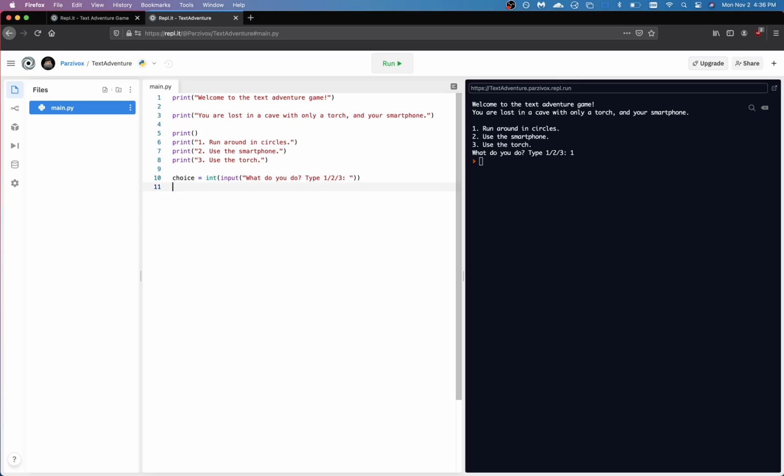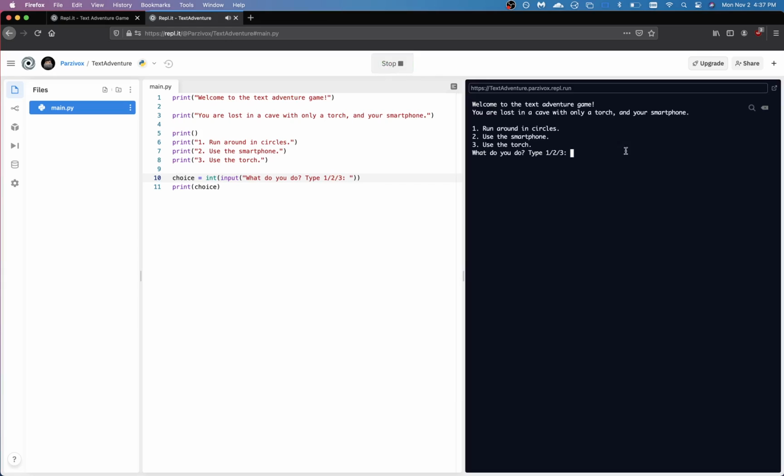But for now, we've gotten their input, and in the next lesson we're going to take a look at what we're going to do with this input and present them different things based on what choice they've selected. But for now, just to prove that the input actually works, let's just print it back to the user. Instead of the double quotation marks and the text inside, we'll put the variable. So what this is going to do is print the value inside of the variable. Now if I were to hit run,